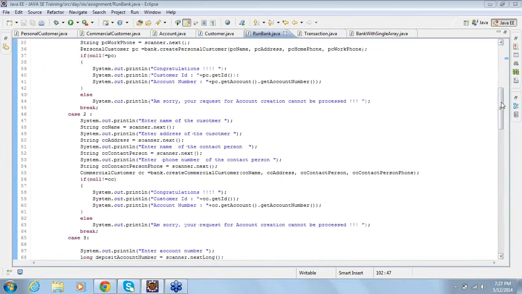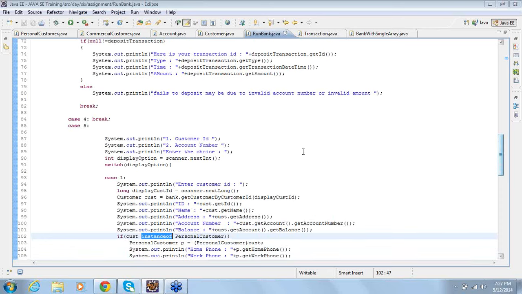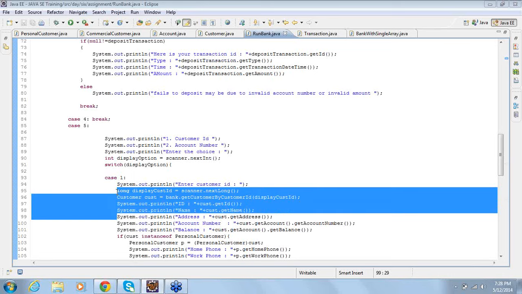See, when it comes to where you want to declare variables, it depends on how long you want them to be available. There is nothing like it is a good practice to declare the variables outside, or a good practice to declare the variables inside. It depends on how long you want the variable to be available. I'm declaring this variable here because I want it to be short-lived. As soon as the loop ends, I want it to be destroyed. That's the reason I'm keeping it inside the loop.